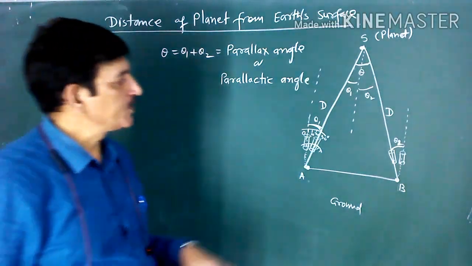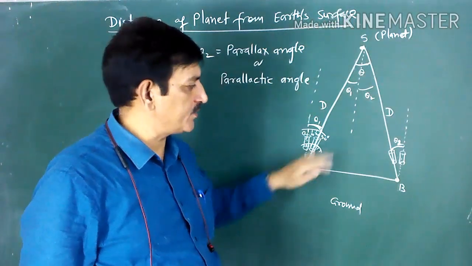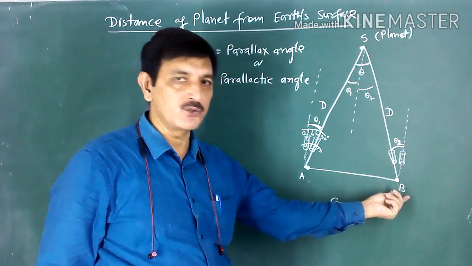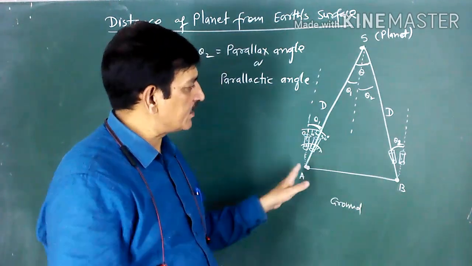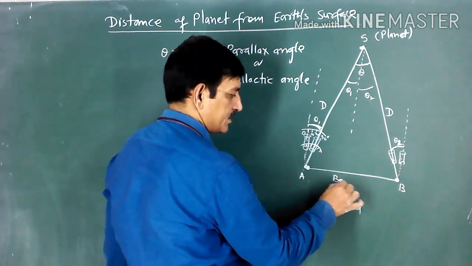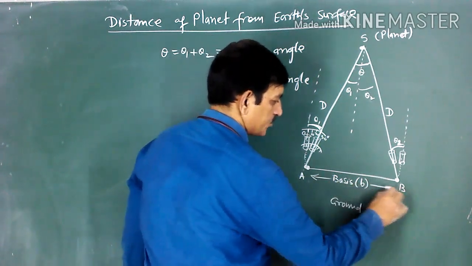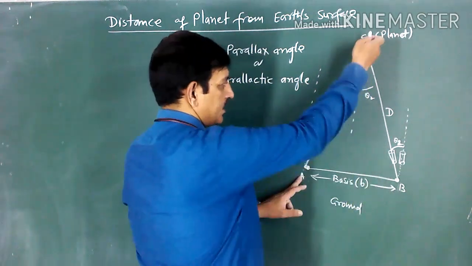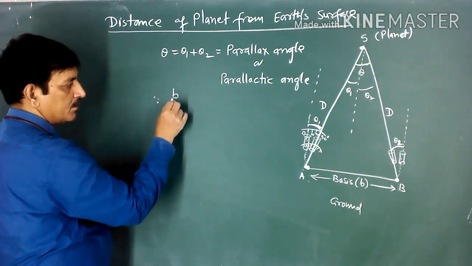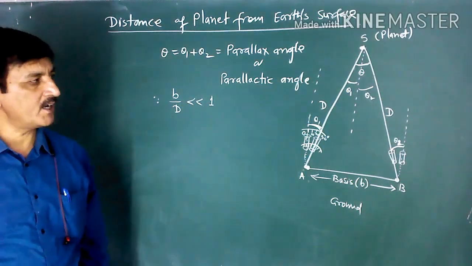As we know, the planet is situated at a very large distance from the ground, and these two positions, observation point 1 and observation point 2, are very small in comparison to D. The distance between these two points of observation is called the basis. It is represented by B. So this length is B and this length is D. Since the value of B by D is very much less than 1,